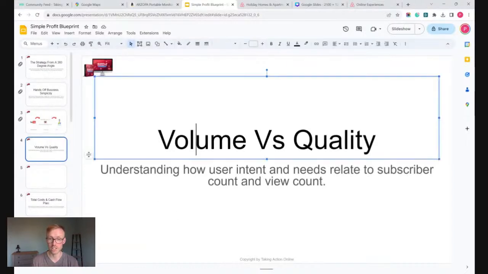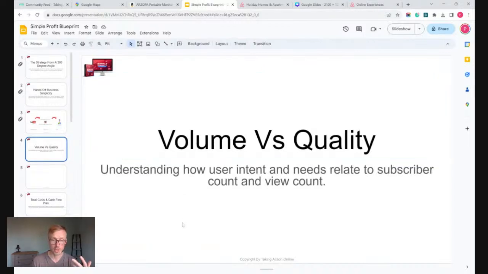I rarely even change the font, okay? Because nobody cares. And the key here is to understand that the more you add, the longer it takes to edit, the more faffing around there is. The one crucial thing that I see again and again is that people